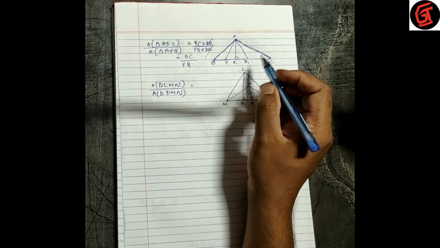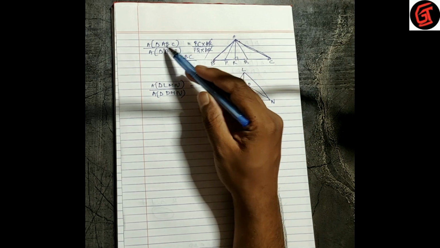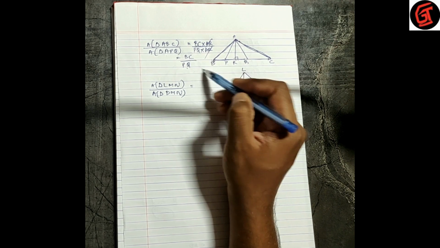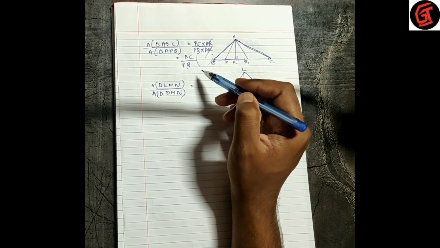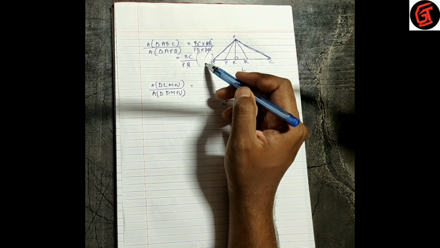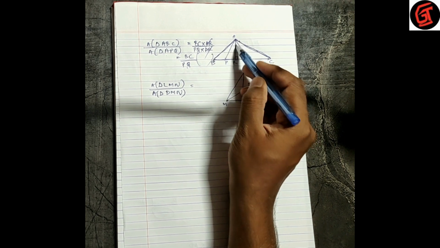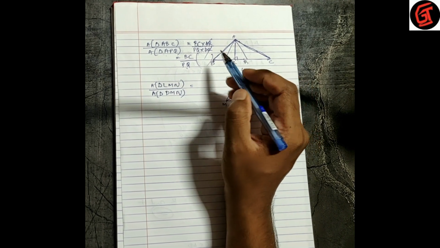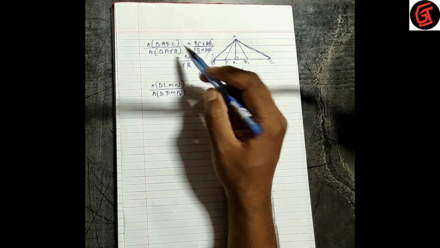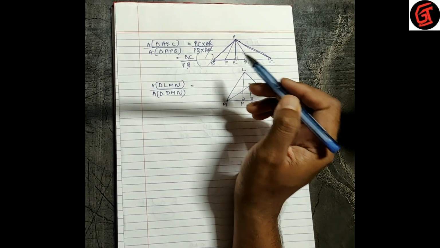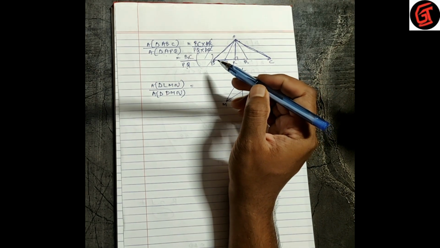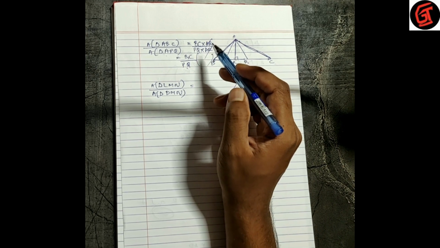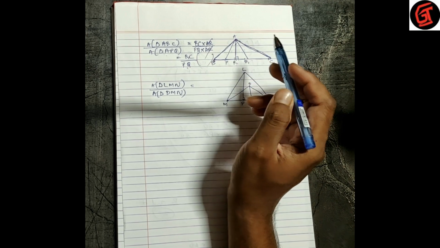We can even do this sum directly. We can write area of triangle ABC upon area of triangle APQ is equal to BC upon PQ. Reason, we have to write the reason here. Why? Because ratio of areas of two triangles with equal heights is equal to the ratio of their corresponding bases. So when heights are equal, area is equal to base upon base, and when bases are equal, area is equal to height upon height. I had already said this in the previous lecture. We have done two extra properties from the main property in which we have proved that.